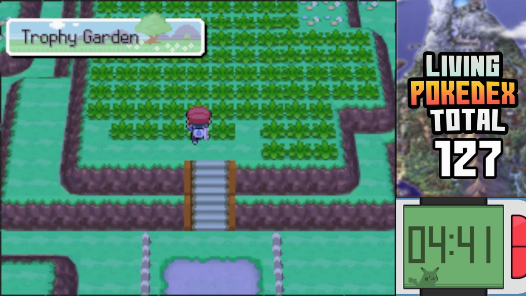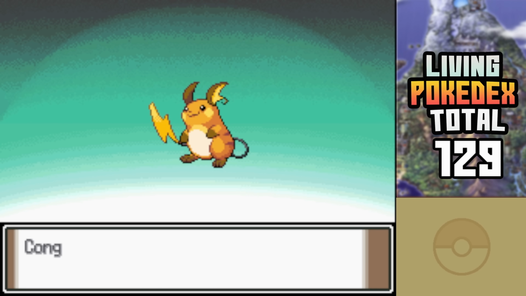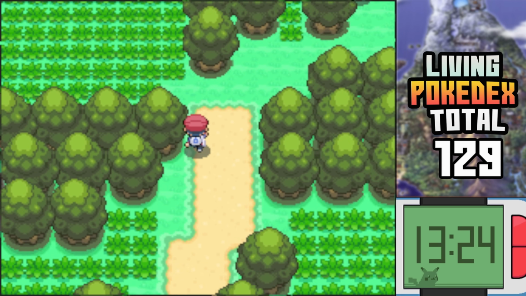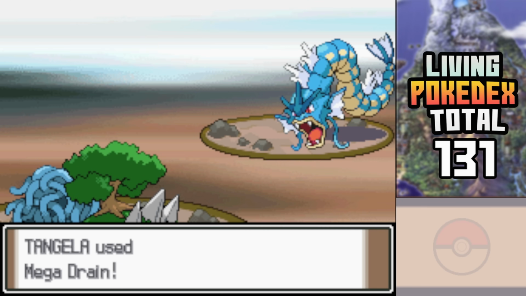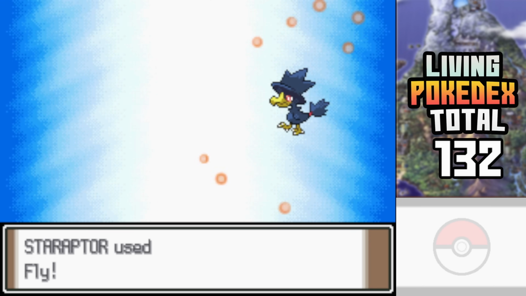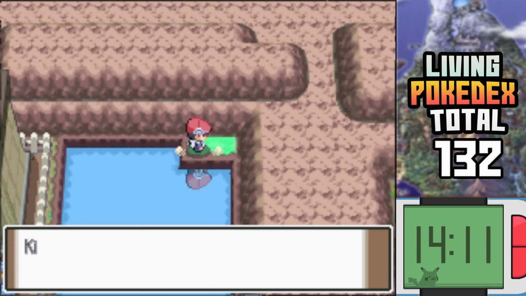King Z then visited the Trophy Garden and caught 2 Pikachus, evolving one into Raichu with a Thunderstone. King Z then continued to Celestic Town, and while passing through Route 210, he caught 2 Swablu's and a Wishcash. After defeating the trainers, his Tangela evolved into a Tangrowth. After defeating Cyrus and receiving the HM for Surf, he revisited previous areas to collect items like a hidden Moonstone